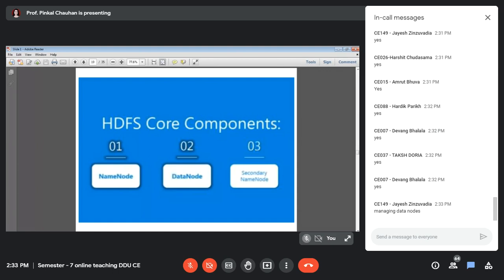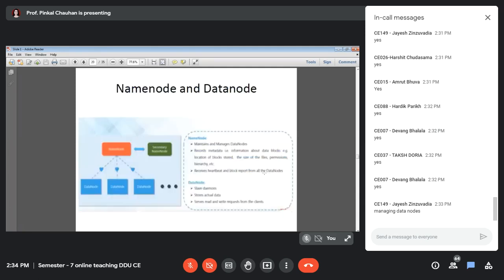Yes, so basically it manages the data nodes, right? And what is the duty of data node? So it is the one which actually stores the data, right? And then secondary name node basically does the main duty of checkpointing, right? So that's what we have discussed till now.